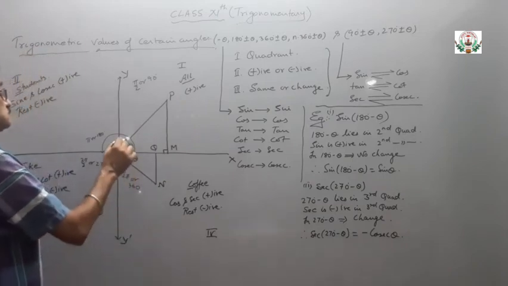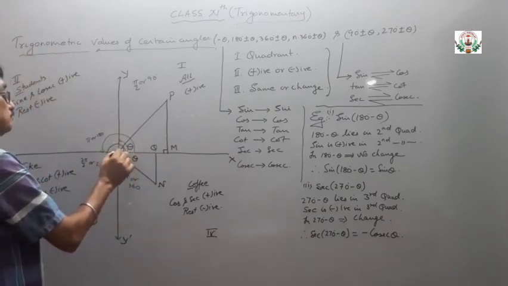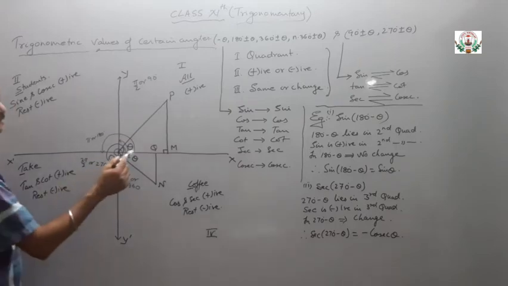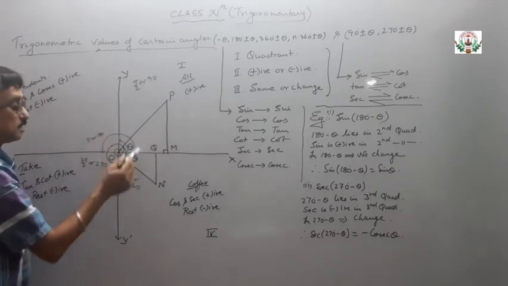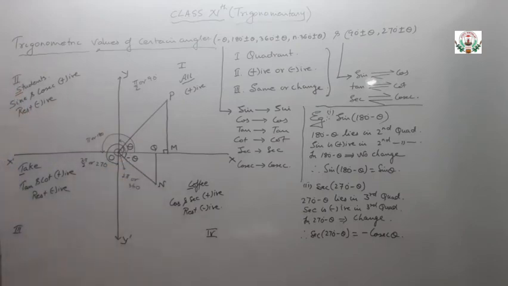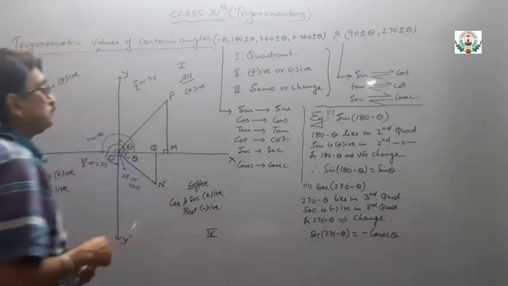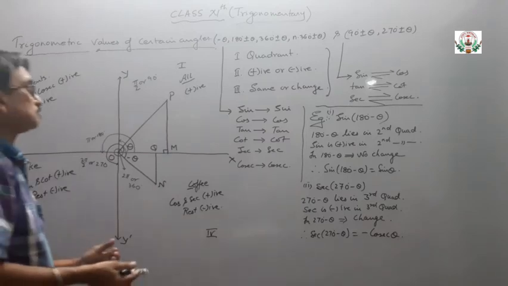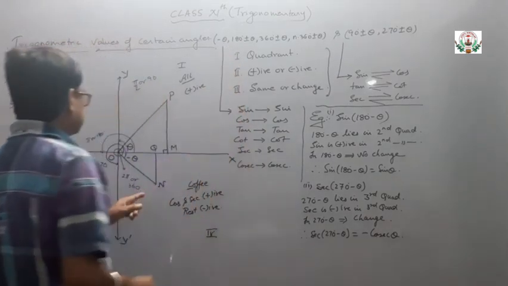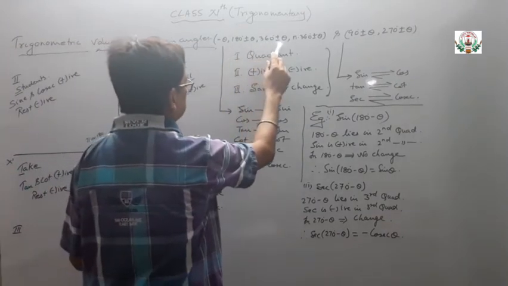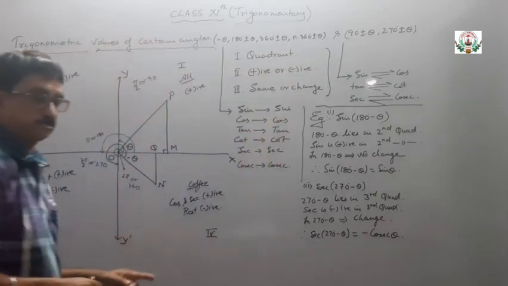Okay, in the anti-clockwise direction is the positive angle, starting in the first quadrant, and a negative angle is considered in the clockwise direction, that is minus of theta, which lies always in the fourth quadrant. Now we are having certain angles, we can adjust it. Minus of theta always lies in the fourth quadrant. 180 plus minus theta, 360 plus minus theta, and n into 360 plus minus theta.